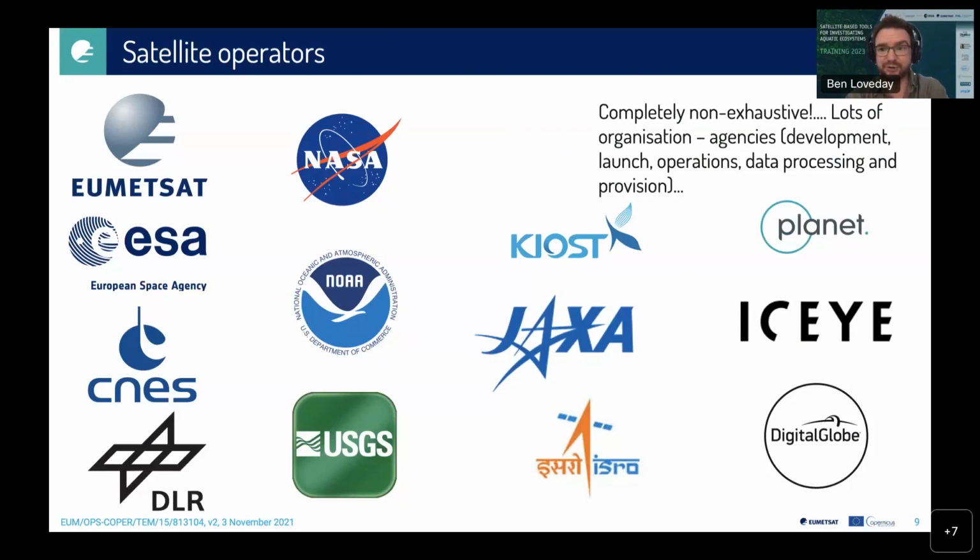And here is a slightly broader, but still far from exhaustive list via icons of the people that may be holding some of this data. People who we've discussed already, EUMETSAT, ESA, NASA, NOAA, also national space agencies such as CNES, particularly if you're interested in altimetry, and DLR, the German Space Agency, particularly if you're interested in SAR and altimetry also. We have the Landsat program operated by USGS. We have ocean products from GOCI through KIOST. We also have projects from JAXA, the Japanese Space Agency, ISRO,